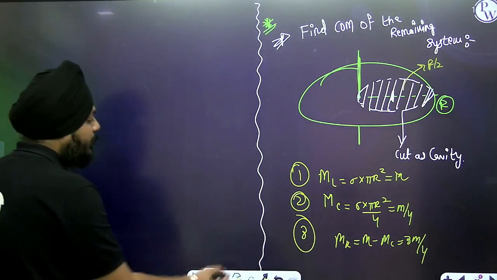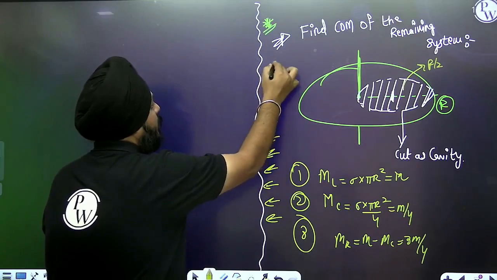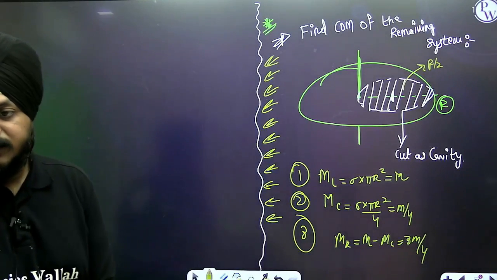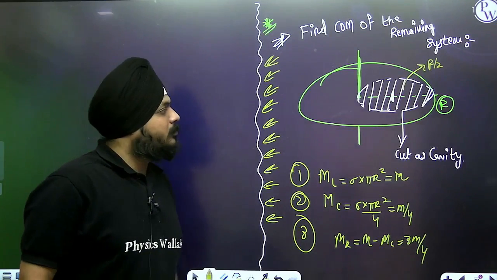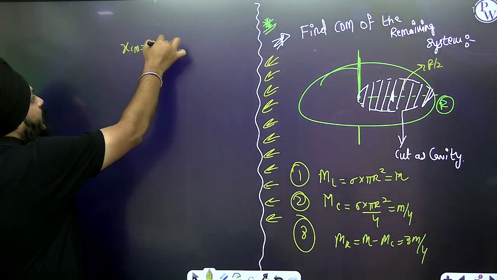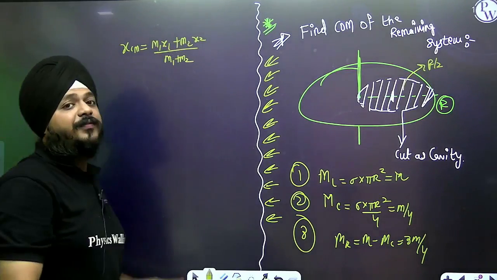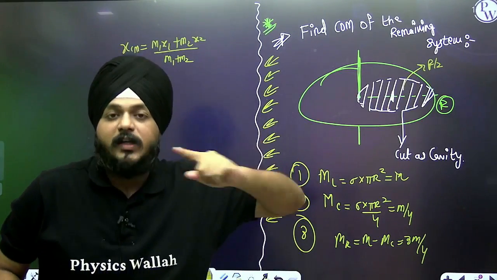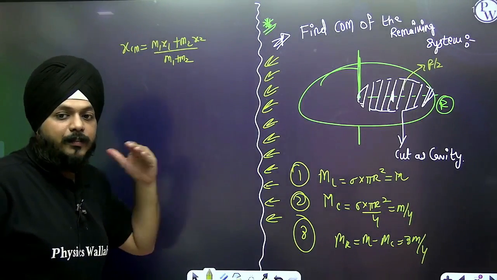Now what are we going to do? Same formula we are going to use. X center of mass is equal to m1 x1 plus m2 x2. The way is going to be different. Why? Because we need to reach the answers in less time, and the answer should be accurate. So for that reason, I am following a different approach. See,